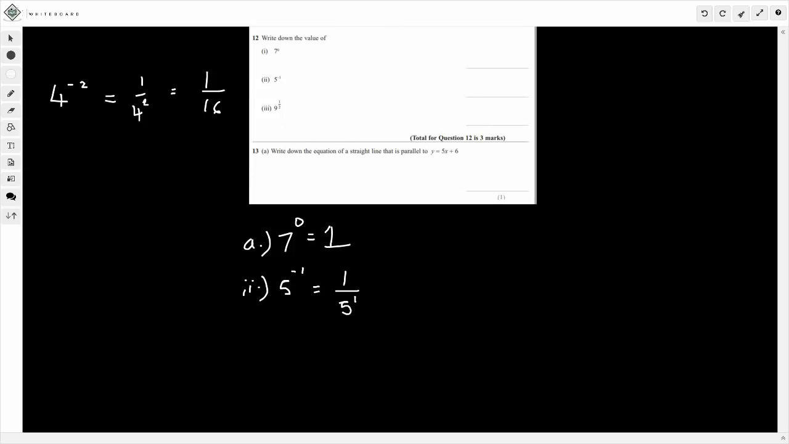And then part iii, we have to write down the value of 9 to the power of a half. Well, how do we do this? The easiest way to do it, or remember, is that the power of a half is the same as the square root. So what's the square root of 9? Well, that's just going to give me 3. That's a 3, believe it or not. So square root of 9 gives me 3. And then 13a,